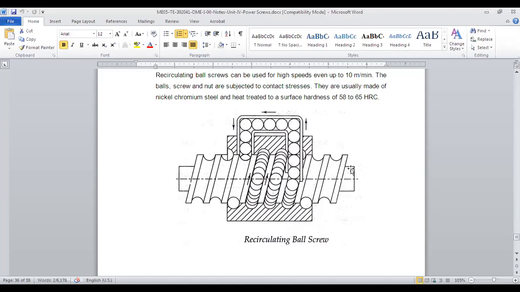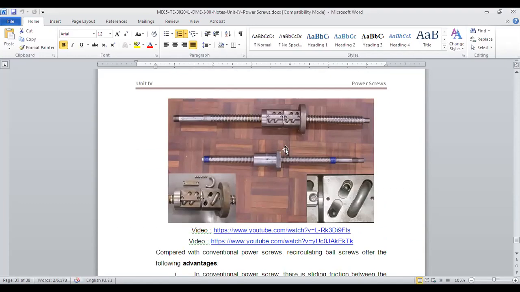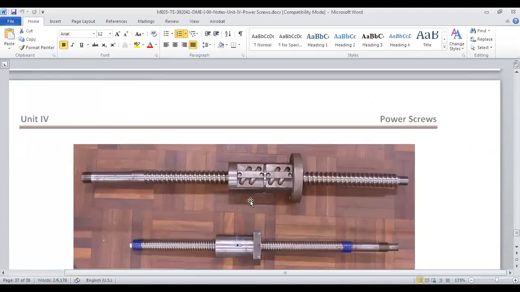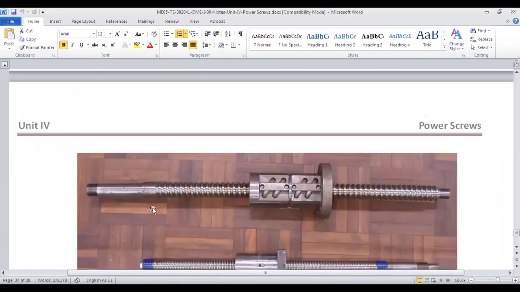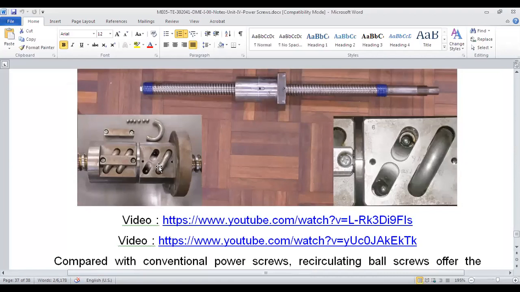Are you getting it? With the rotation of the screw, this nut will move in a very precise and smooth way because of the balls. Balls have very small friction, and the lubrication is better. They have better strength and precision is high. Okay, the concept is very simple. I have also shown the diagram, which I got from Wikipedia. This is an actual image of a ball screw. These are the grooves provided for the balls. I will increase the image size. Because of this mechanism, the balls can move and recirculate.